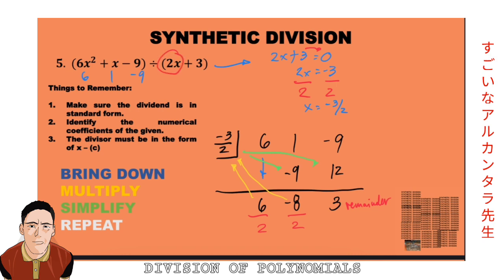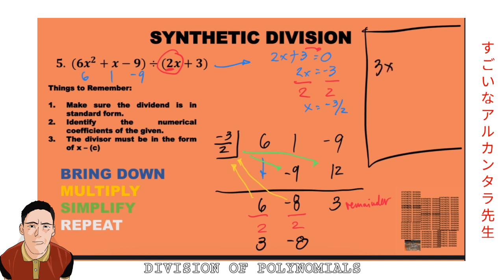The 2x here has a numerical coefficient, unlike the other examples. They're x minus 3s, x plus 3s, or whatever they may be. Here, there is a 2x. So we divide this entire thing by 2. Again, except the remainder. And what we will have here is 3 and negative 8. So the interpretation or the answer to this example will now become